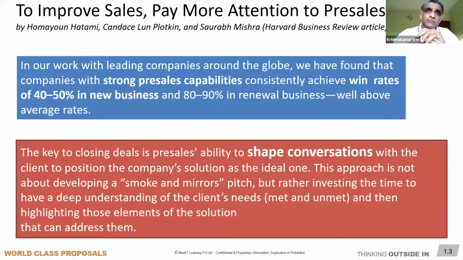The second point is all about shaping conversations. I'm sure you're able to read through that quote. By all means, do that. What is important here is that when you're working with clients, whether RFP or proactive proposals, you want to make sure that you're shaping the conversations as far as the client is concerned. When I say shaping, I mean you are influencing him, putting him in a direction which obviously favors your services and your capabilities, and yet you are able to demonstrate constantly to the client that you're delivering value to him. If you're able to do that, the chances of you winning the deal are significantly better than otherwise. And more importantly, it will also make you stand out as far as other competing companies are concerned, therefore your competition.